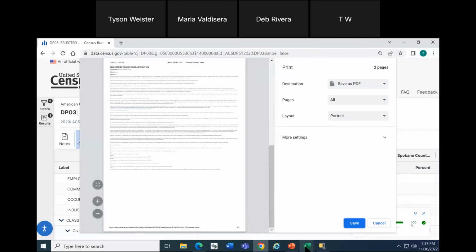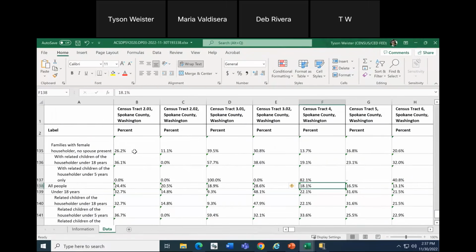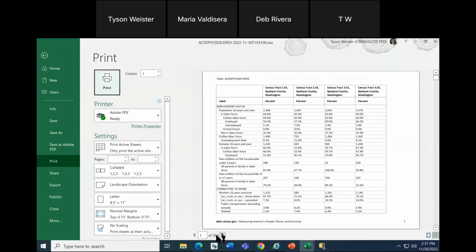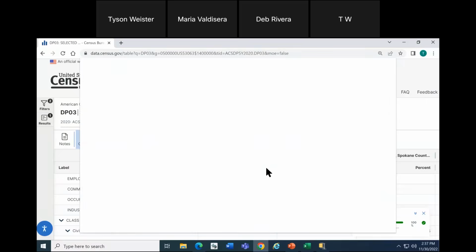However, for now, if you would like to print, when you use the Excel option, this file format is optimized for printing. So if you print the Excel, this means that you're going to get the labels. There's the full table. There's 264 pages. Your labels are going to repeat across the columns, and it's going to be readable for you. So that's a great print option if you're looking to print.